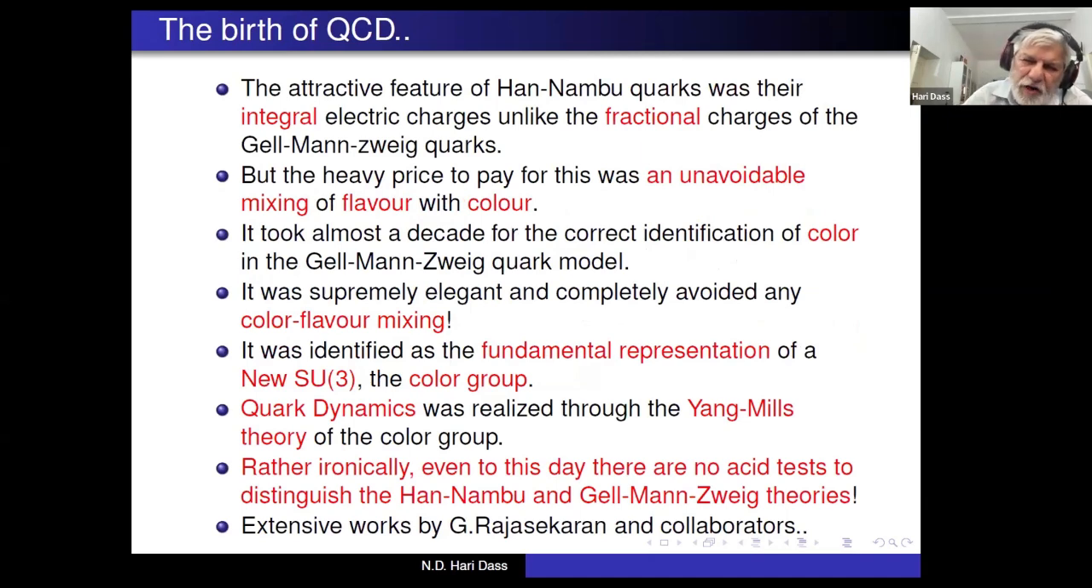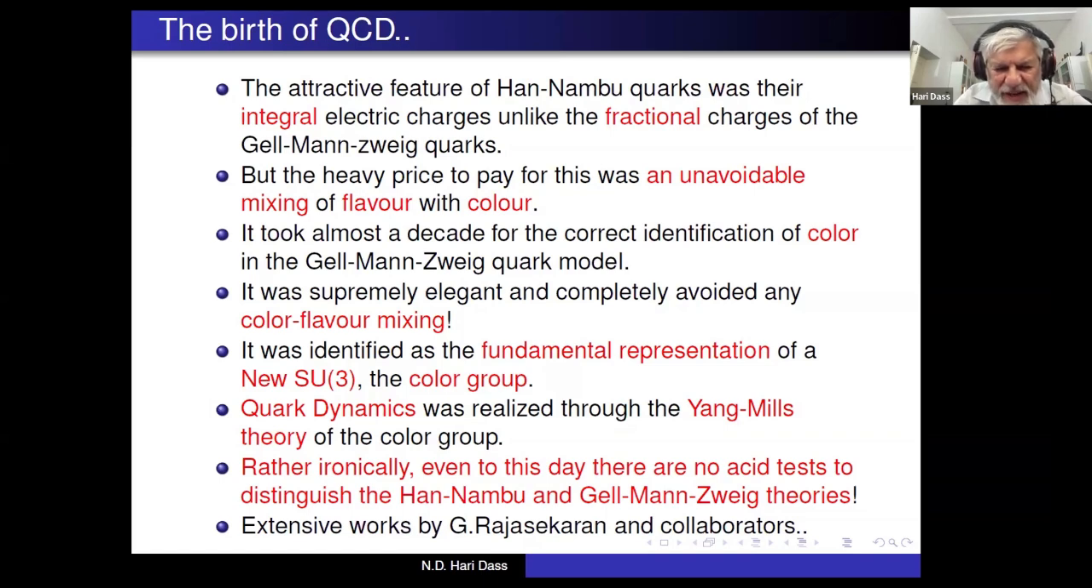So now I'll briefly talk about the birth of what we call quantum chromodynamics. The attractive feature of the Han-Nambu model was that the electric charges were integral, unlike the fractional charges of the Gell-Mann-Zweig quarks. But a heavy price to pay for this was that there was an unavoidable mixing of flavor with color. It took almost a decade for the correct identification of color in the Gell-Mann-Zweig quark model. But when they did identify it, it was a supremely elegant solution and completely avoided any color-flavor mixing,